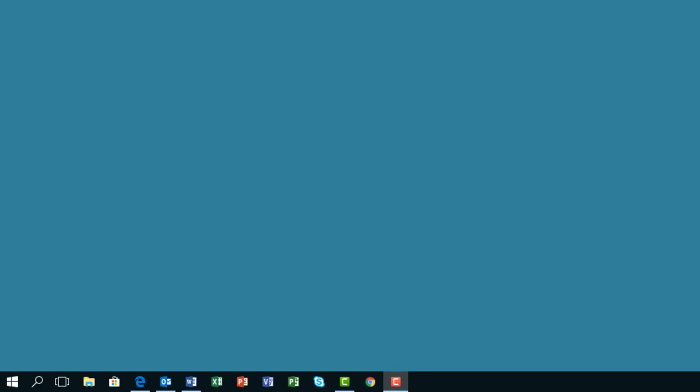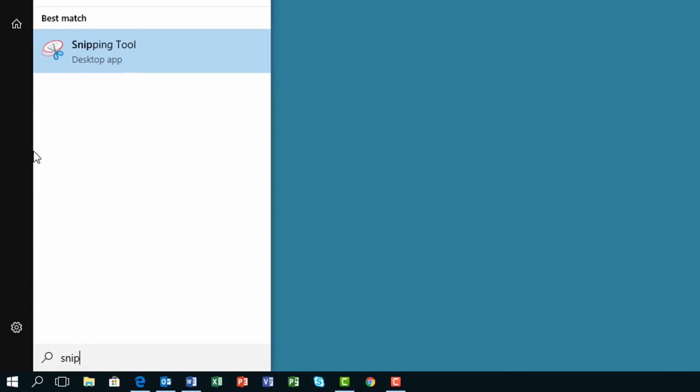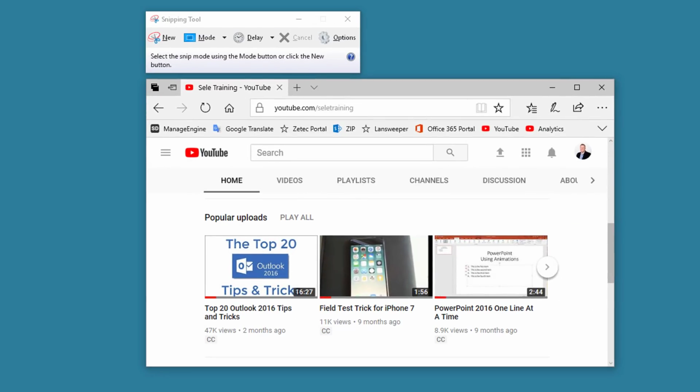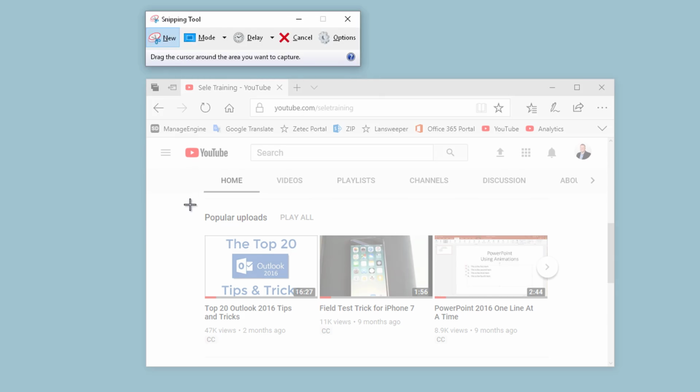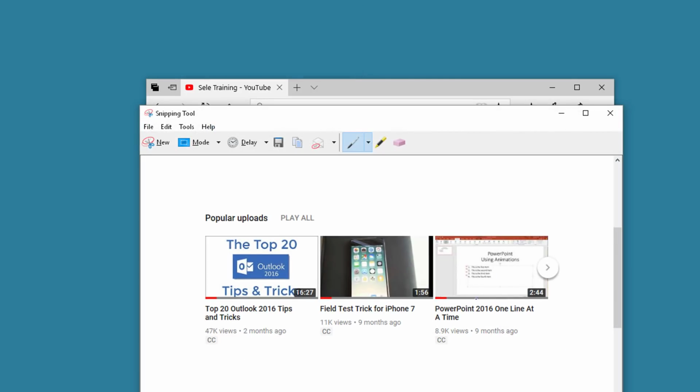Number 8, Snipping Tool. The Snipping Tool is a handy app for taking snapshots of your screen. To run it, click on the Start menu and just type in Snip. Select the Snipping Tool app, and it opens the Snipping Tool. Click New, and it allows you to select an area of the screen, and it brings it up into the Snipping Tool where you can edit and copy, paste, save, do wherever you